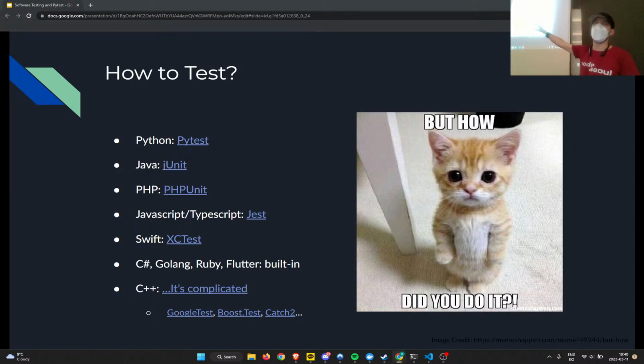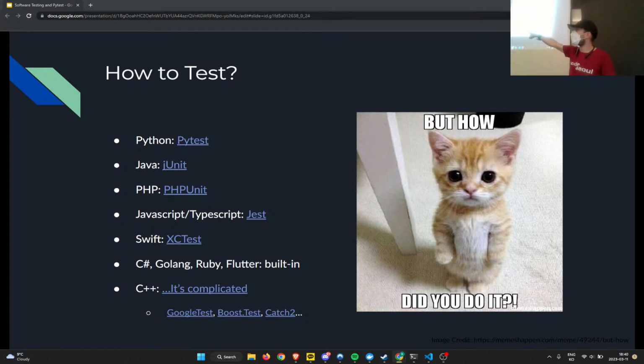Especially JavaScript. JavaScript has a whole bunch of options, but usually when I talk to people, I hear them using Jest. That said, one thing I did not put in here that I will add later. If you're doing front end, there's a really nice tool system called Cypress that can do like visual diffs of changes and stuff. That one's really slick. It's a little difficult to use, but once you get the hang of it, it's really nice for front end. But otherwise, anything logic-based, these will usually work.